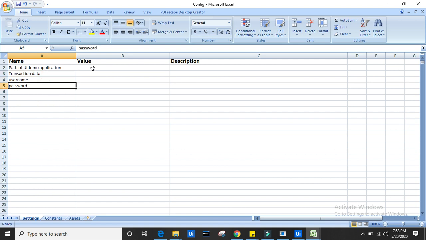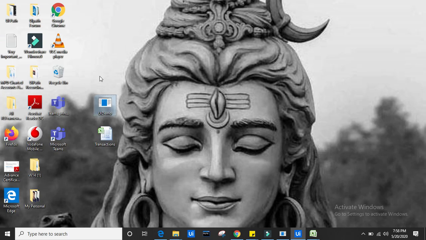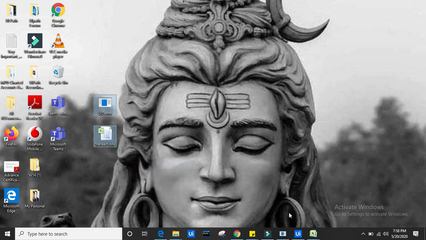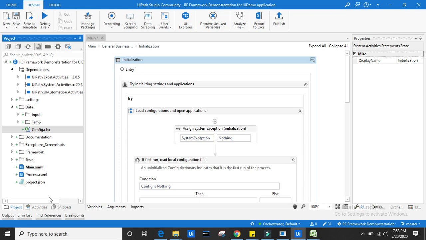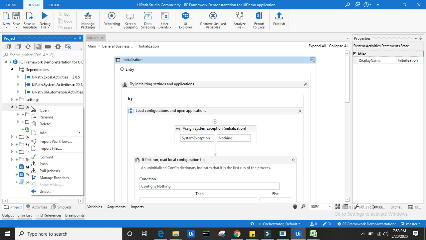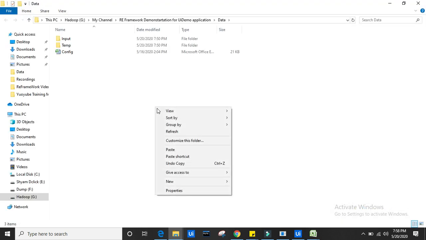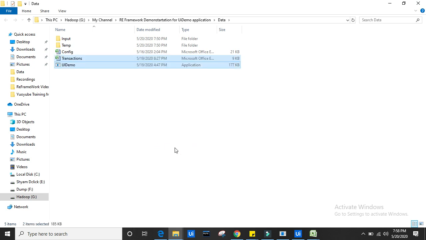Now first I just need the path of the UI demo application. So what I'm going to do is copy these two important files into my project folder. Let me open this and paste this, right?